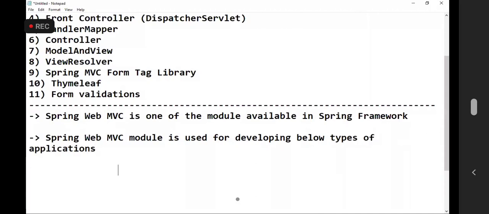What are those? First one is web applications, and second one is distributed applications.